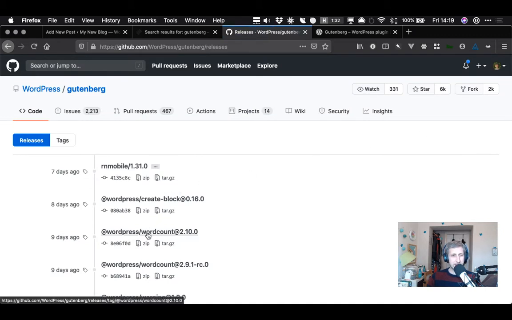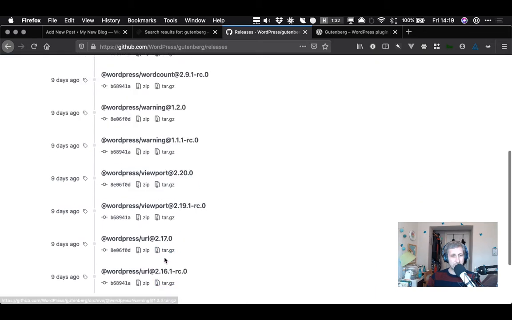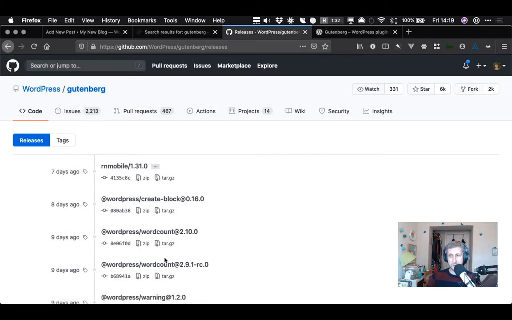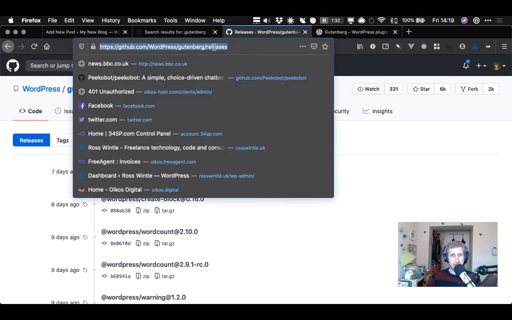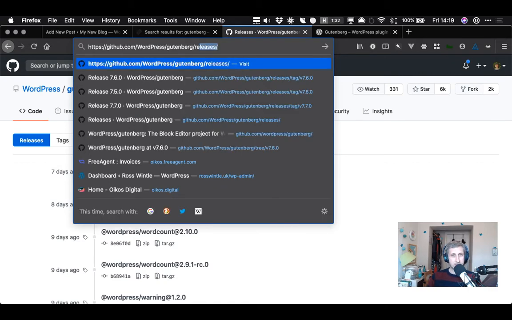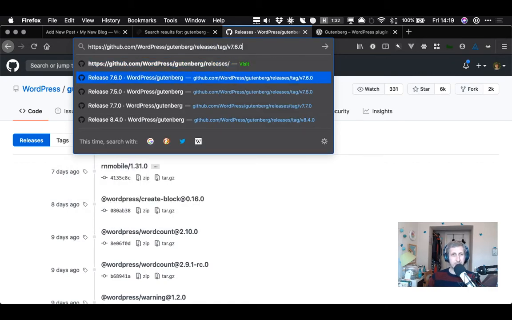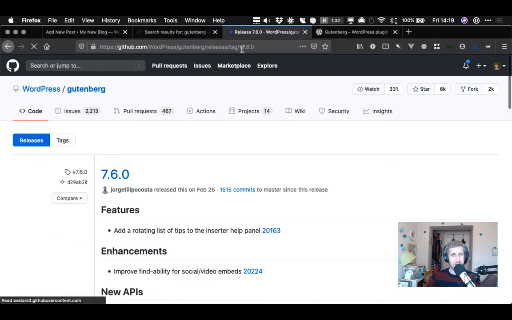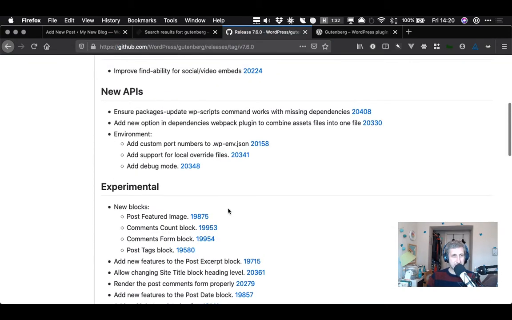Oh, it looks like they update individual components and publish them as releases, because these aren't just releases of Gutenberg, that's releases of all the different component parts of Gutenberg. Okay, let's, what? I've been here before. Right, so there's 7.6, so I can just go to /tag/7.6, and here's the changelog for